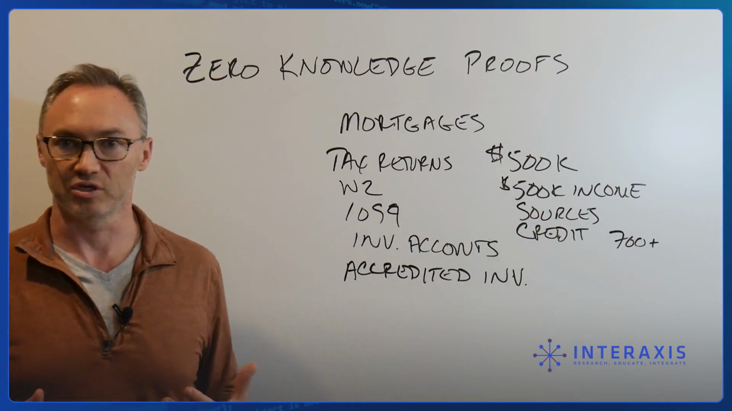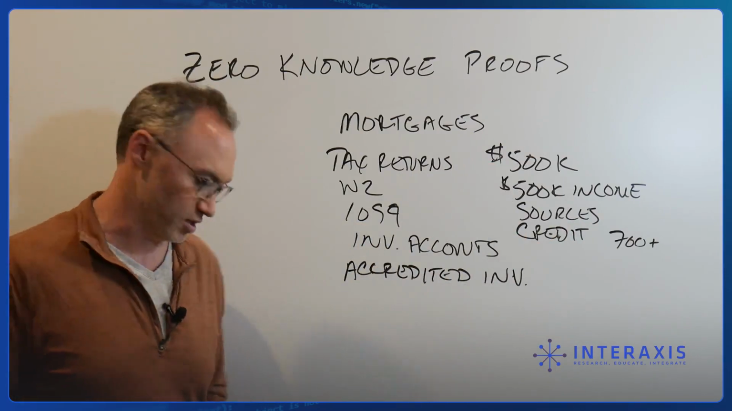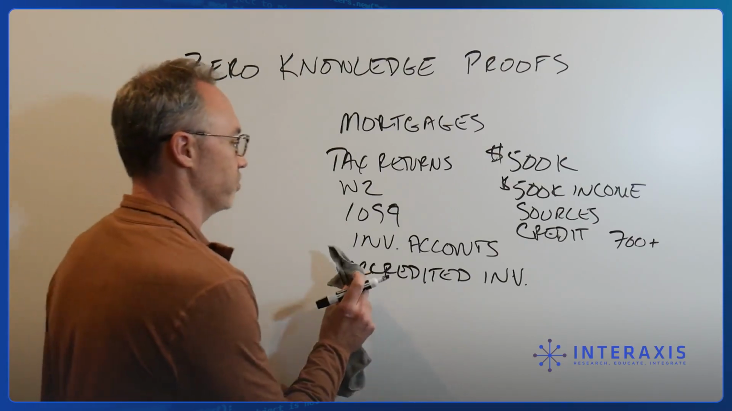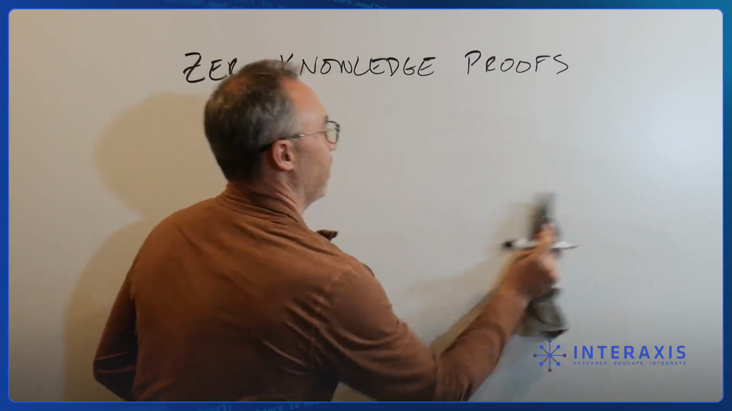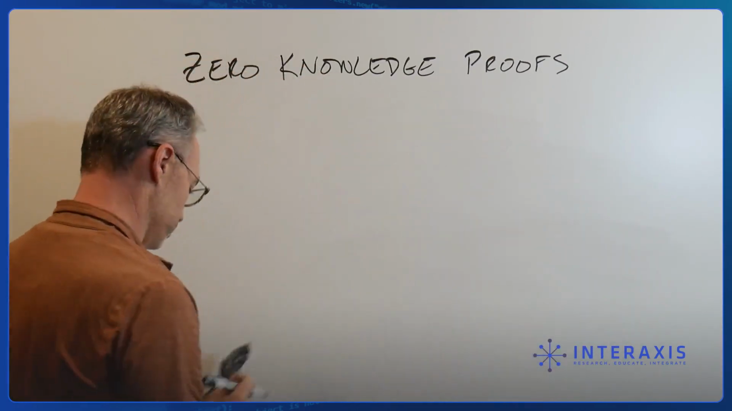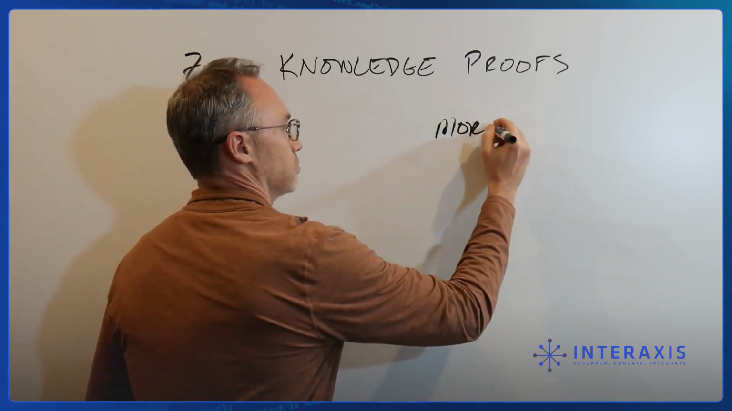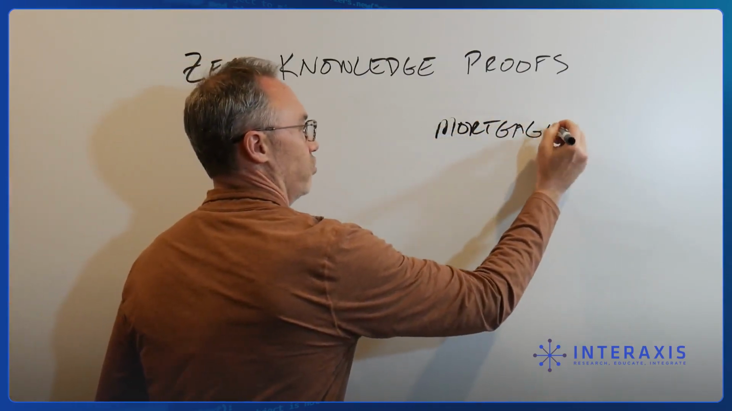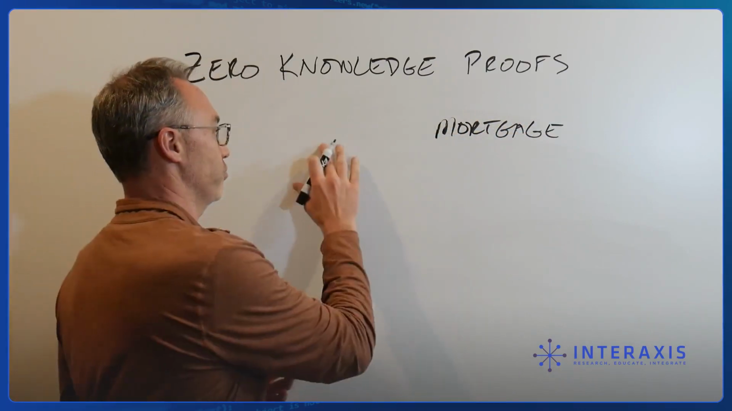And we see this so much in the financial world. So where are zero knowledge proofs going to come in? Zero knowledge proofs are going to come in here because let's say that I want to qualify for a mortgage now. And the way it will likely work in the zero knowledge world is